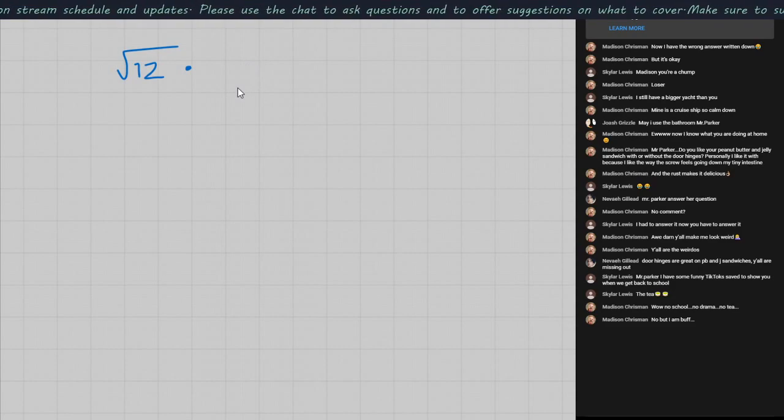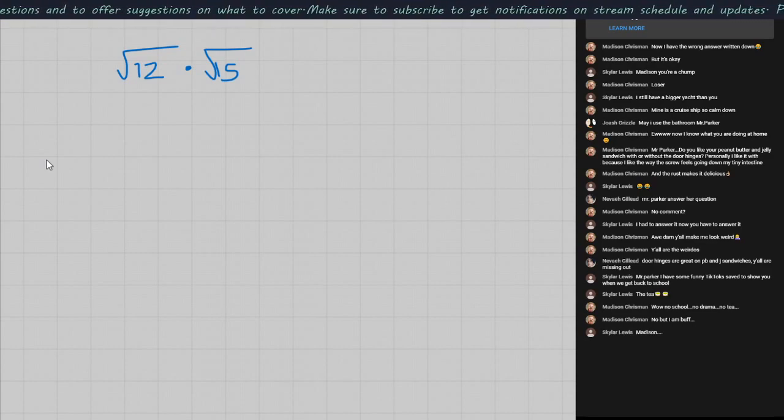Square root of 12 times square root of 15. Alright, so hopefully y'all are okay with me just doing different colors as we go through this. So orange is going to be one way. And then green is going to be a different way. So going through